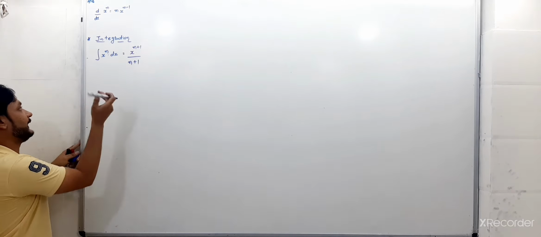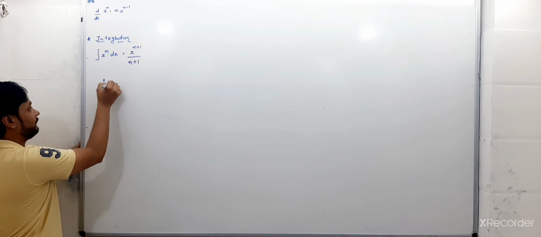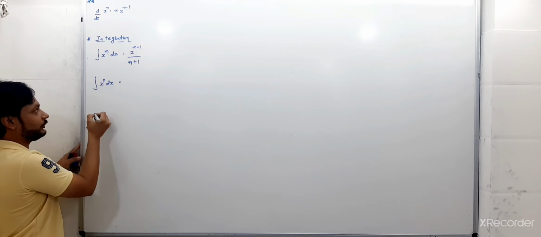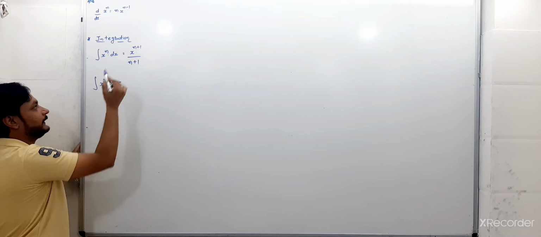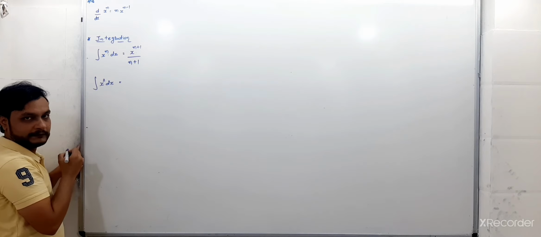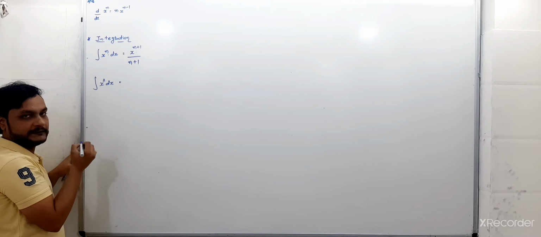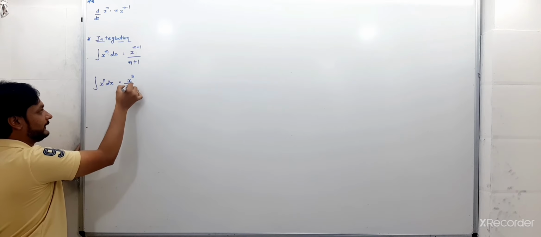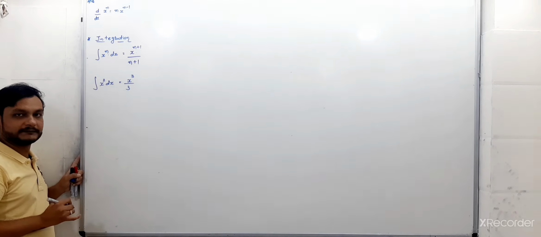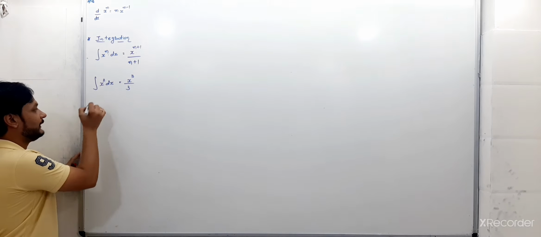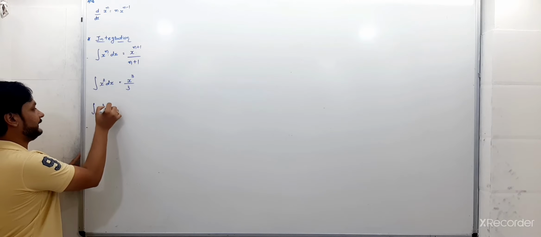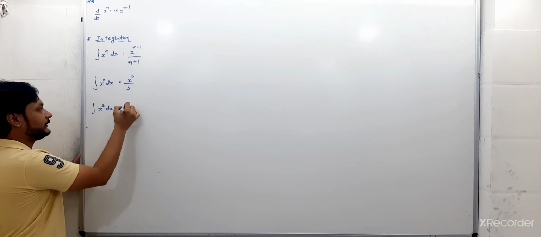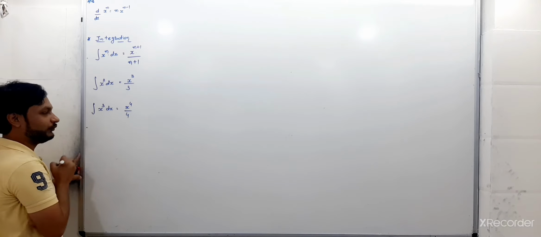So suppose we have x square and we have to integrate it. What should the value be? Take this value, increase the power by 1 and put it in the down part, that means the denominator. So x square plus 1 power, that means x cube, and directly put it in the denominator. Again, x cube into dx, so that is x raised to 4 by 4.